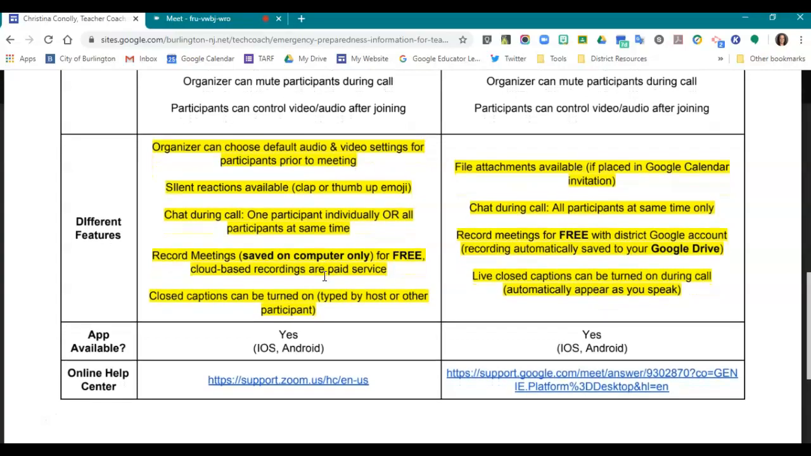Different features between the two of these. This is probably the area of most interest to people. If you are the organizer using Zoom, you can set up your default audio and video settings ahead of time. So if you don't want anybody to use audio, you can restrict that before you even start your meeting. There are silent reactions available, such as a clap or a thumb up that your participants can add to the